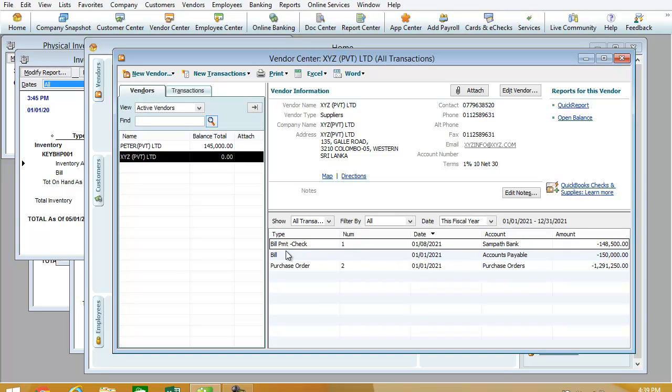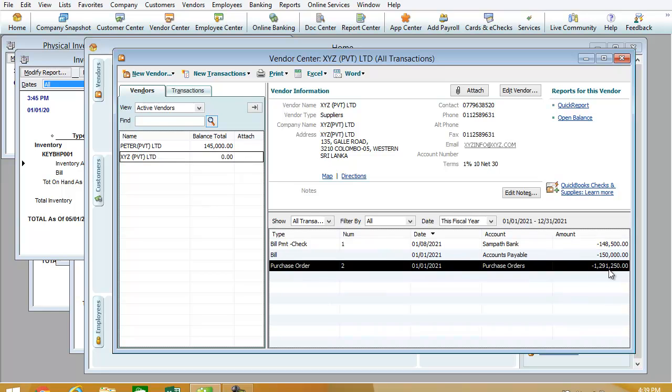See here, payment check 148,500, bill amount is 150,000. This is the purchase order, a new purchase order was made, but we haven't received the item. As we have seen in the previous class how to do a purchase order and receive items, we might have learned this.